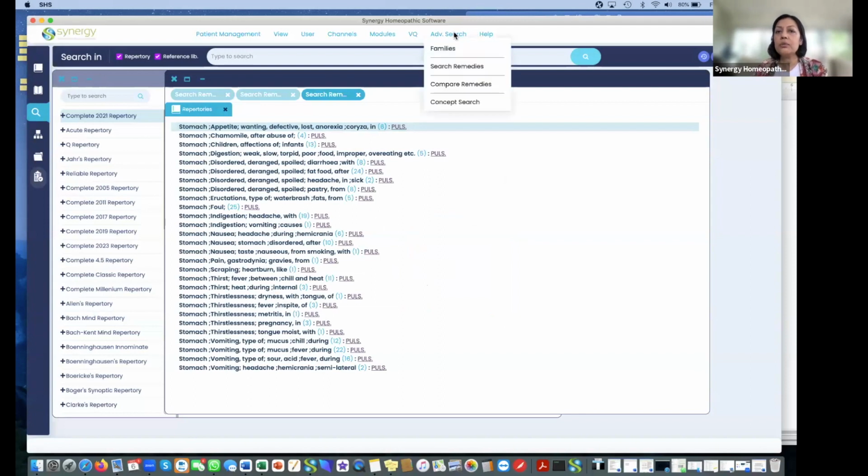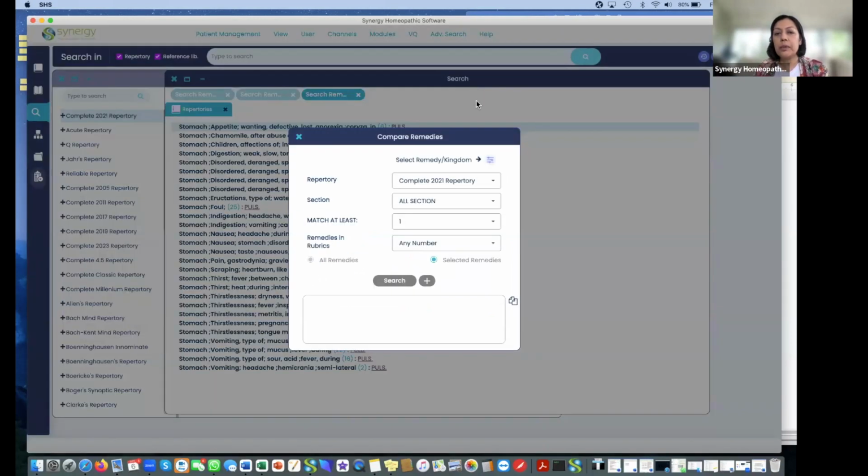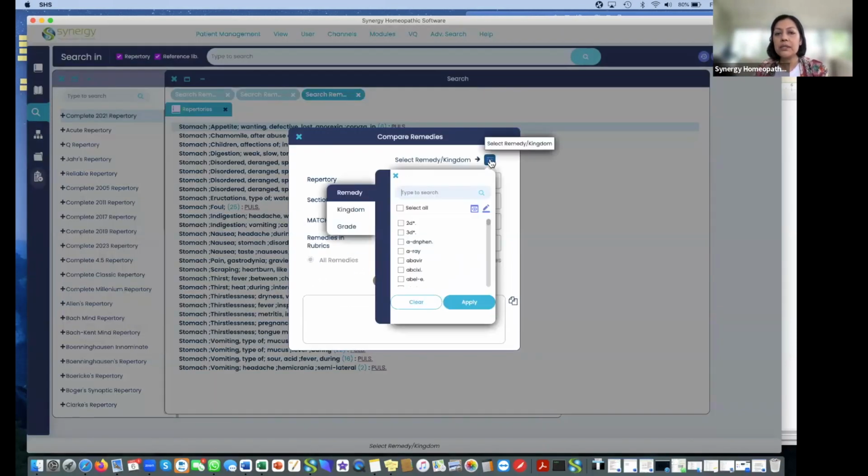You can also just do that for families. And also, I would expect that you would be able to do it for comparing remedies as well. Yes. So you could compare one remedy against another, and both their grade 4 rubrics in the same section, or, show me pulsatilla, and you could also combine. So you could say, show me the rubrics in which both pulsatilla and Staphylococcus aureus are in grade 4